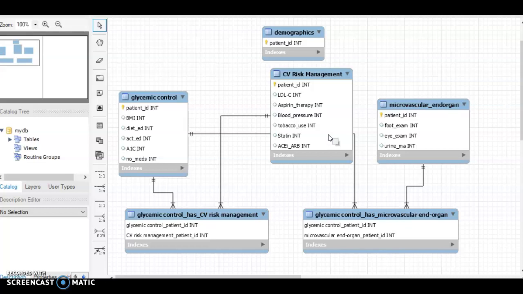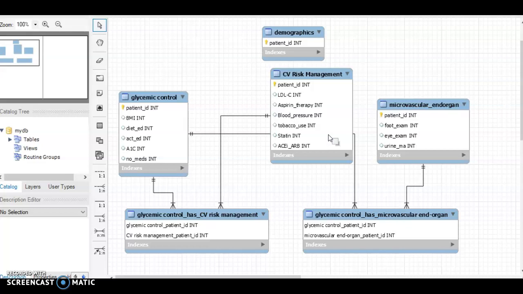and you want your patients with diabetes to have an LDL-C of less than 70. We want our patients to have low-dose aspirin. We want their blood pressure to be less than 140 over 90. We want to make sure everybody stops using tobacco of any kind, and now we're putting in their vape use. We want people to be on statins, and we want people to have an ACE or an ARB as medications,